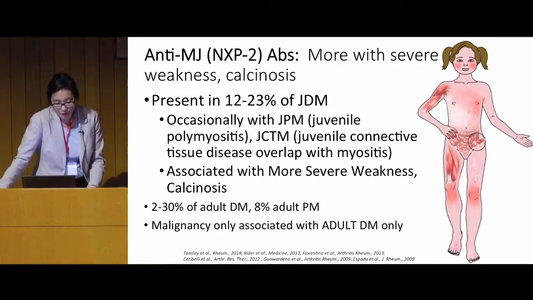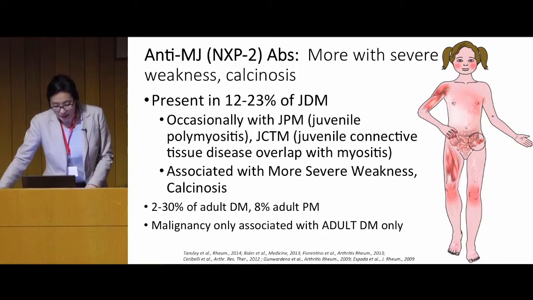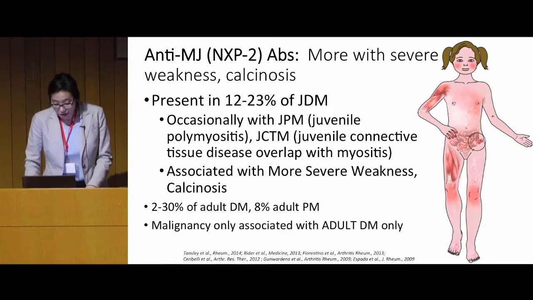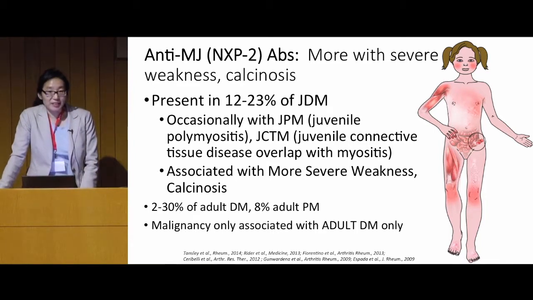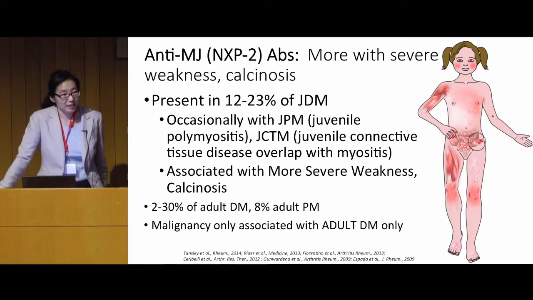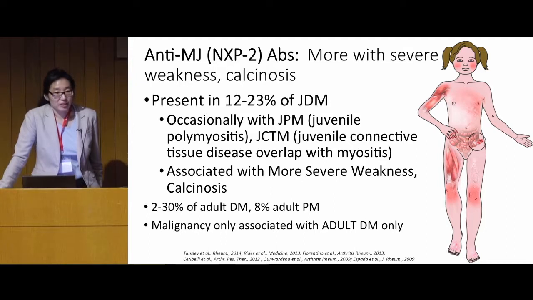The next most common antibody in juvenile myositis is anti-MJ, also known as anti-NXP2. So this in general is associated with more severe weakness and calcinosis. But again, these are associations and not 100%. So this is present in 12 to 23% of juvenile dermatomyositis, and it is occasionally associated with some of the